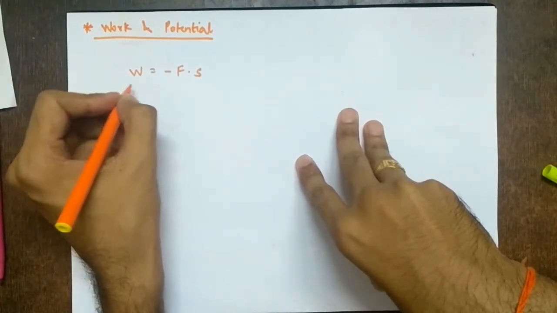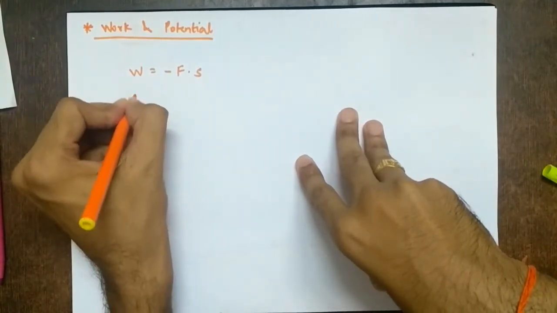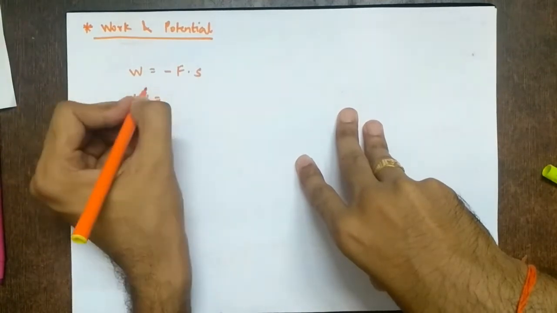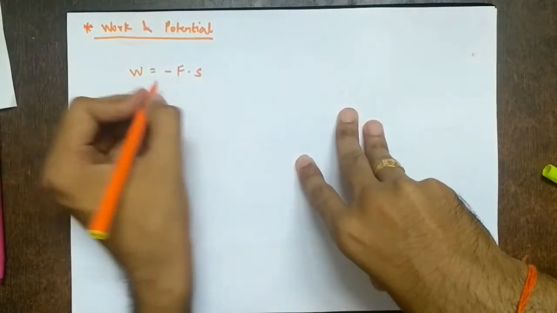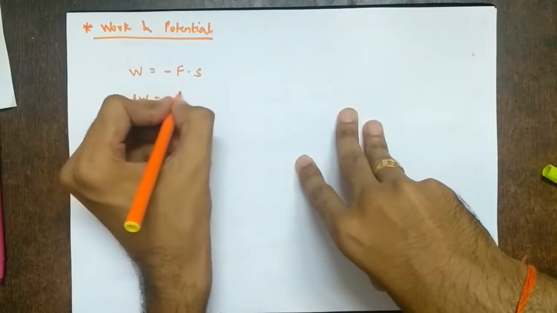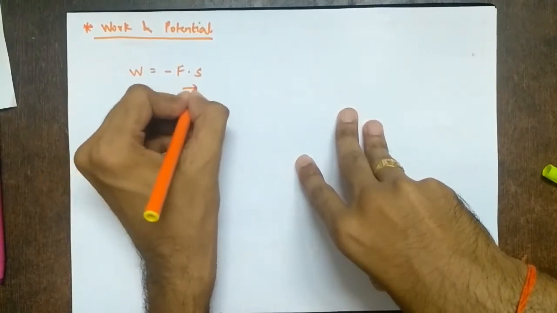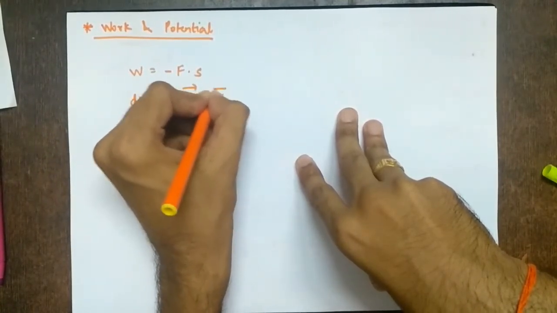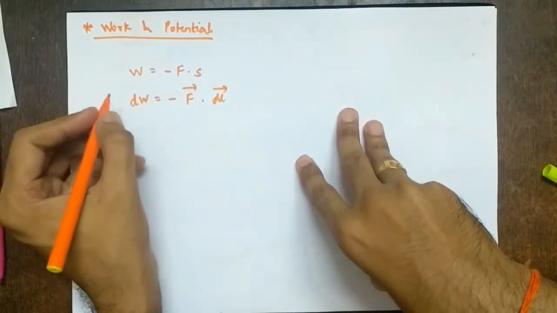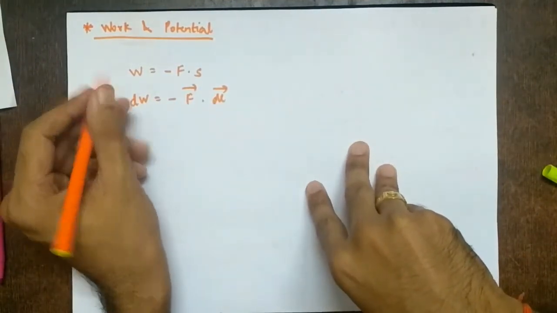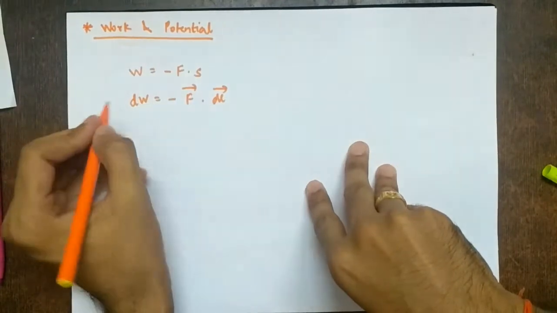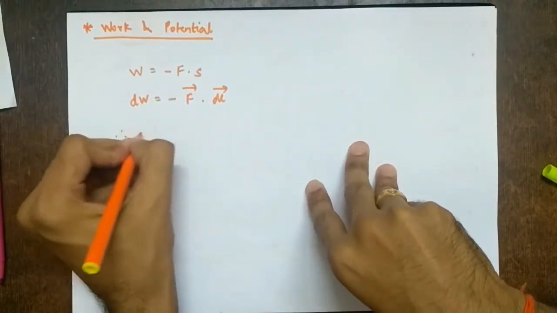So if I want to write in terms of vectors, work is not a vector, so it is dW, and I am writing over a very small change, so it is minus F, which will become a vector, and displacement, that is length, so dl vector, right? So F is the force vector, because you apply force in a direction, so force is a vector. And what is force?